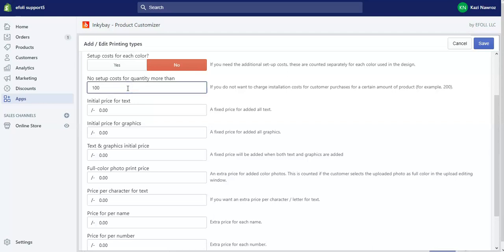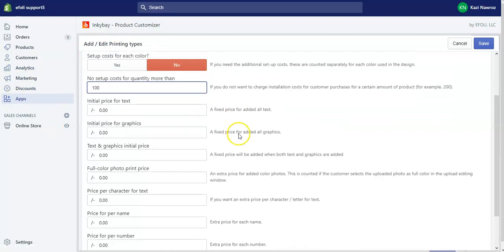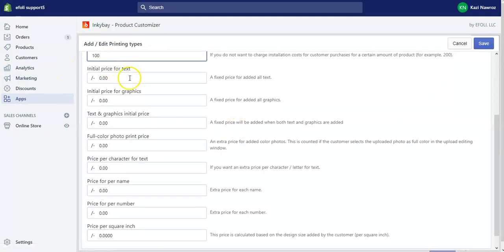For example, if I put 100 here, your customers won't be charged for the setup cost if they order a total of 100 products or more. But if they order anything less than 100 units of product, they will be charged the setup fee that you have stated here.